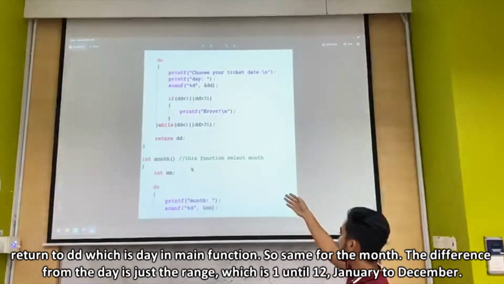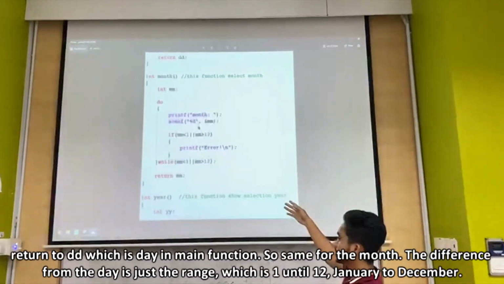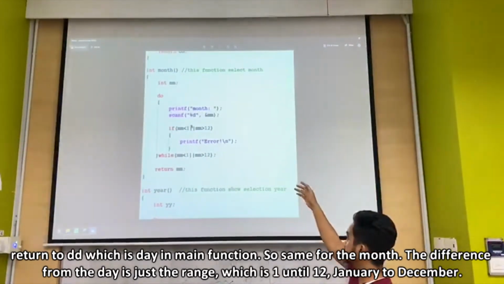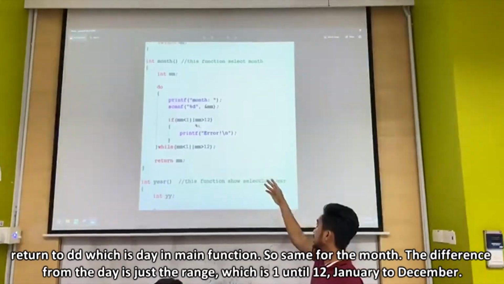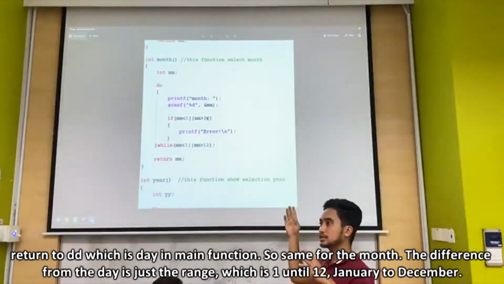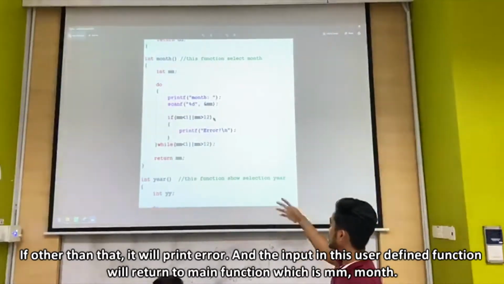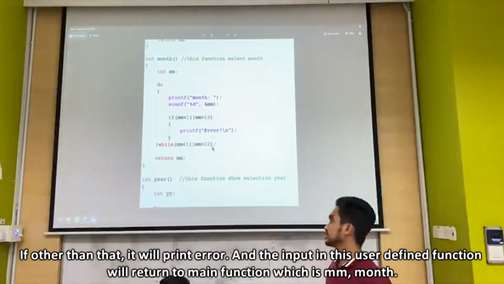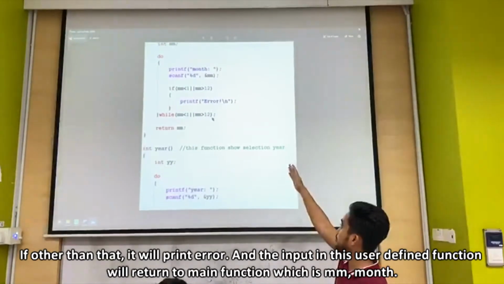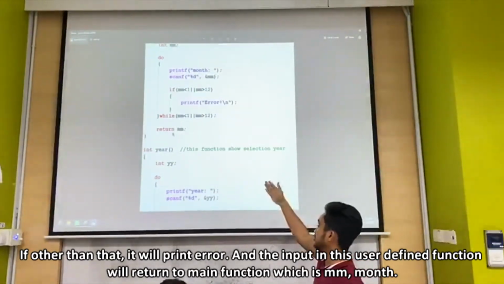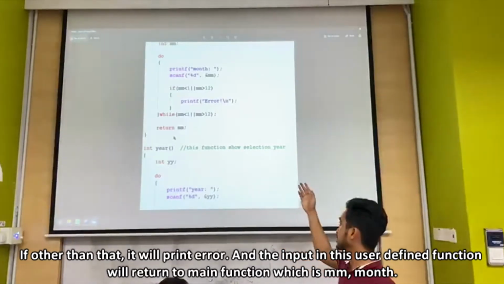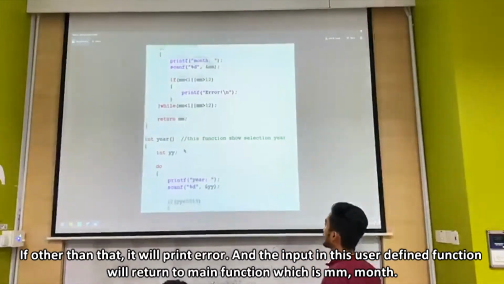Same for the month. The difference from the date is just the range, which is 1 until 12, January to December. Other than that, it will print error. The input in this user defined function will return to the main function, which is month.